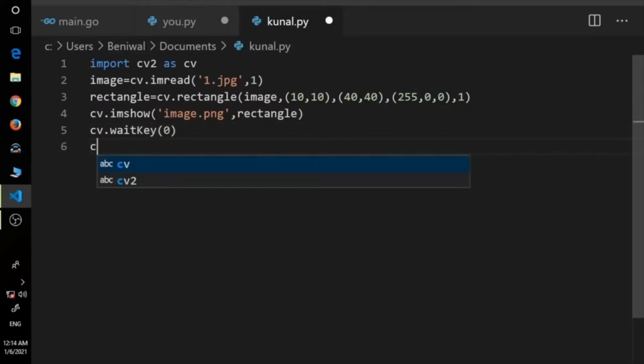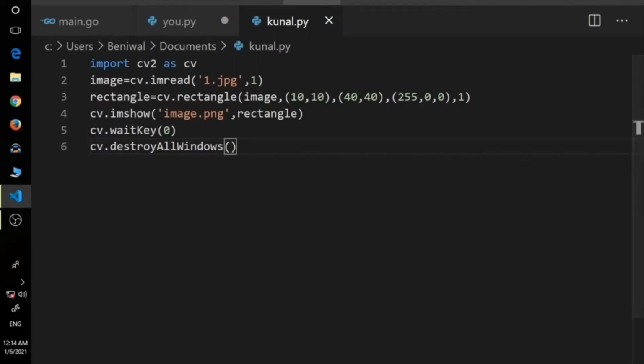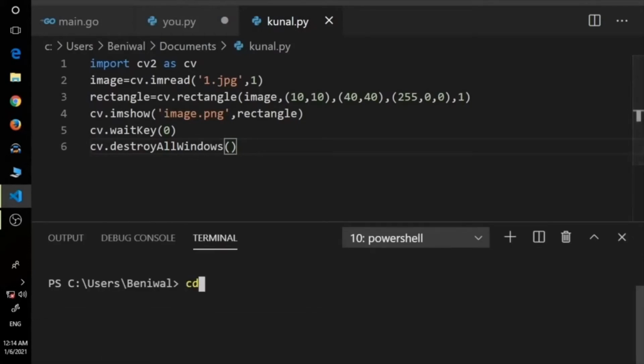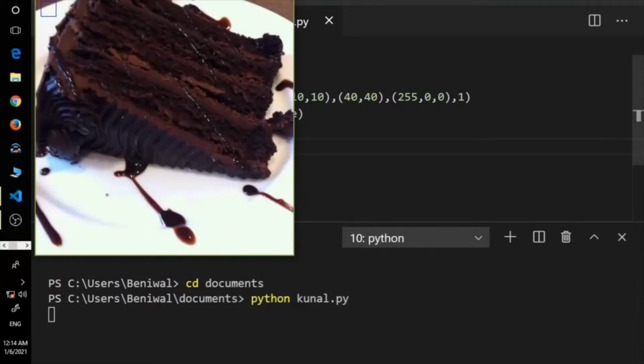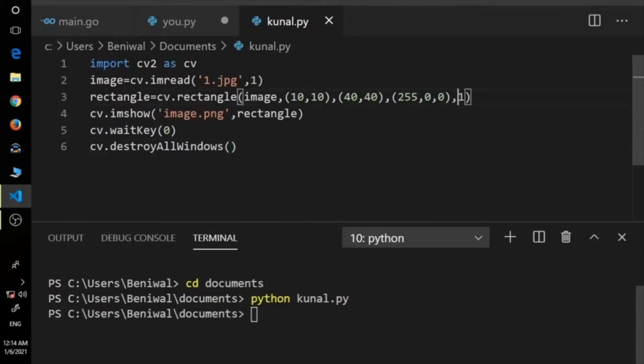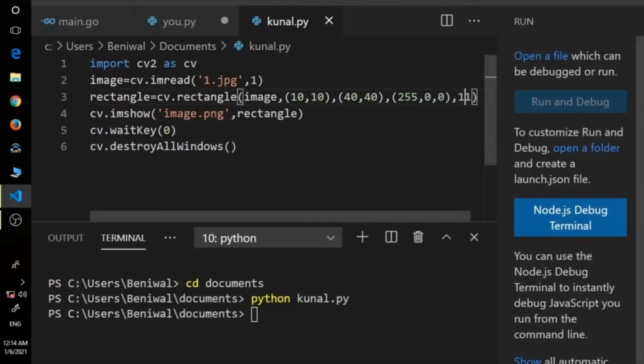We have to create the name of the window. So this is image.png, this is the name of the window. You can create any window name and just pass the image, and cv.waitKey(0), cv.destroyAllWindows. This is just the formality for stopping your windows. Okay, so run this, you can see we have this image 1.jpg, this is the image of a cake, and obviously this cv.rectangle